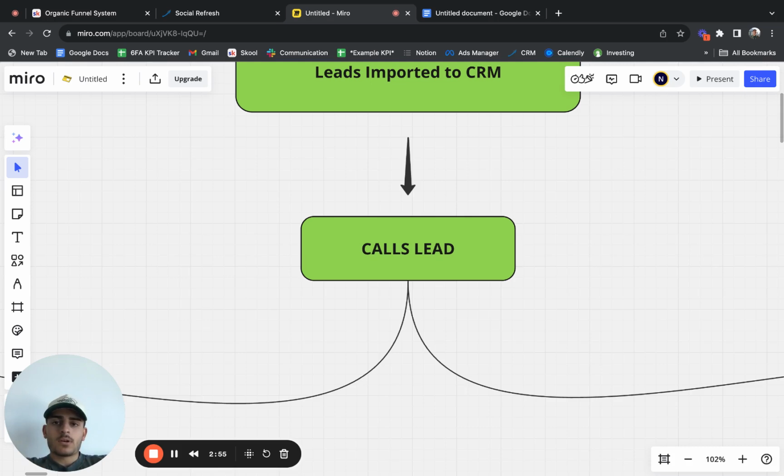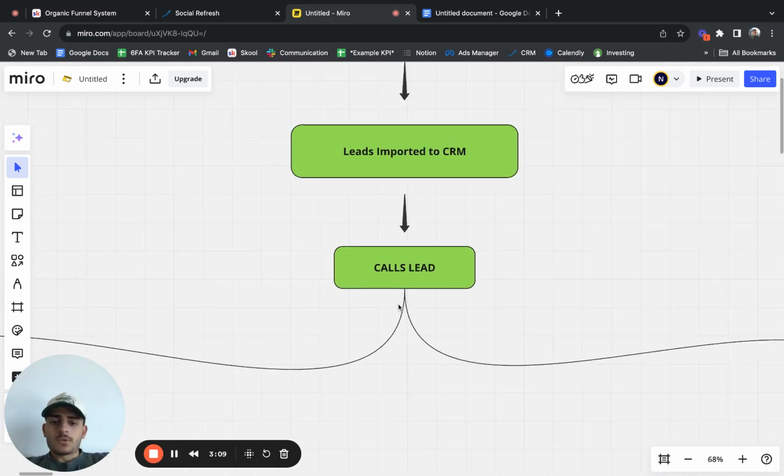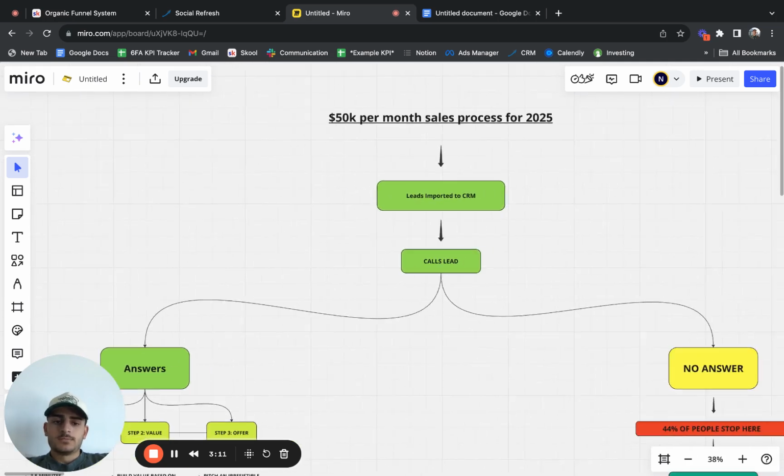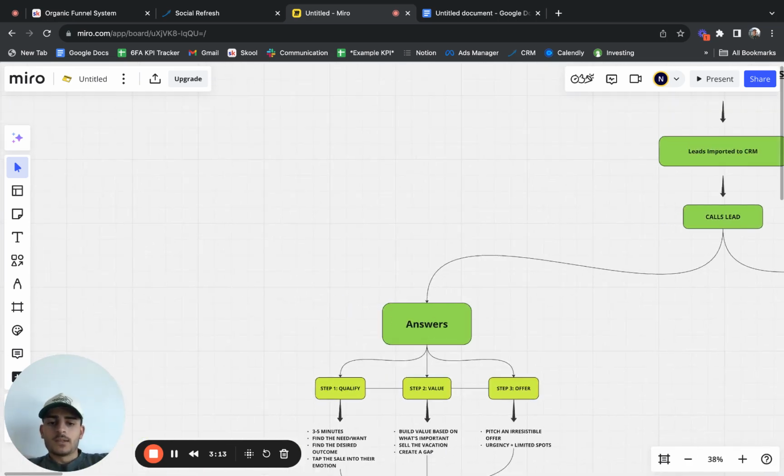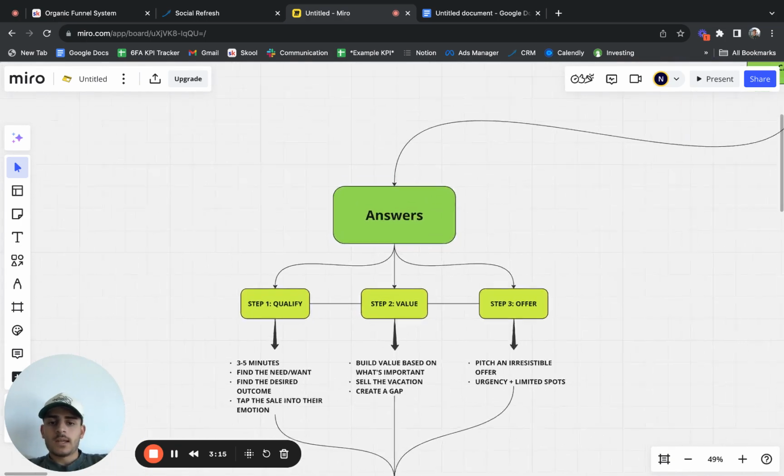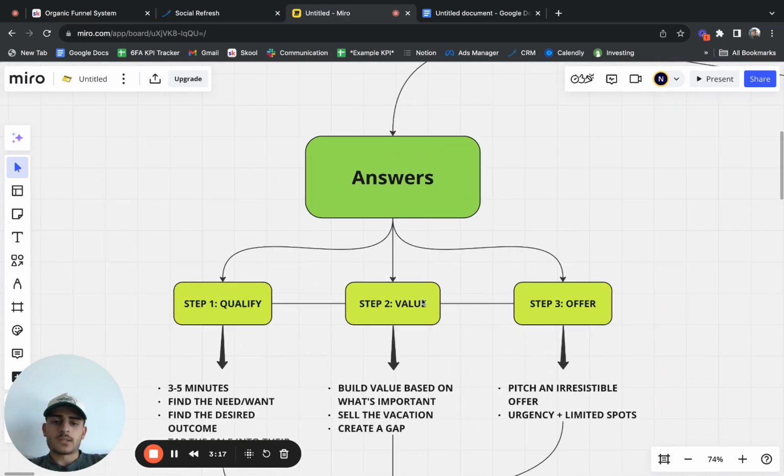If you're waiting an hour to call a lead, you're not setting yourself up for success. Your answer rate is going to be super low. So as soon as you get a lead, call them within the first 30 seconds or 5 minutes, ideally 30 seconds. So you call them, you have two options. They can either answer or they cannot answer. In this case, we'll break down, once a lead answers, what that sales process looks like that we're going to